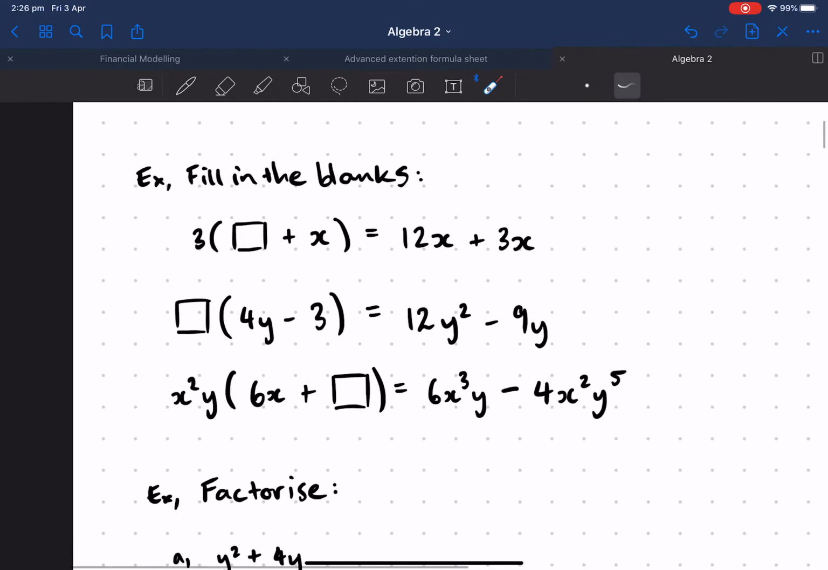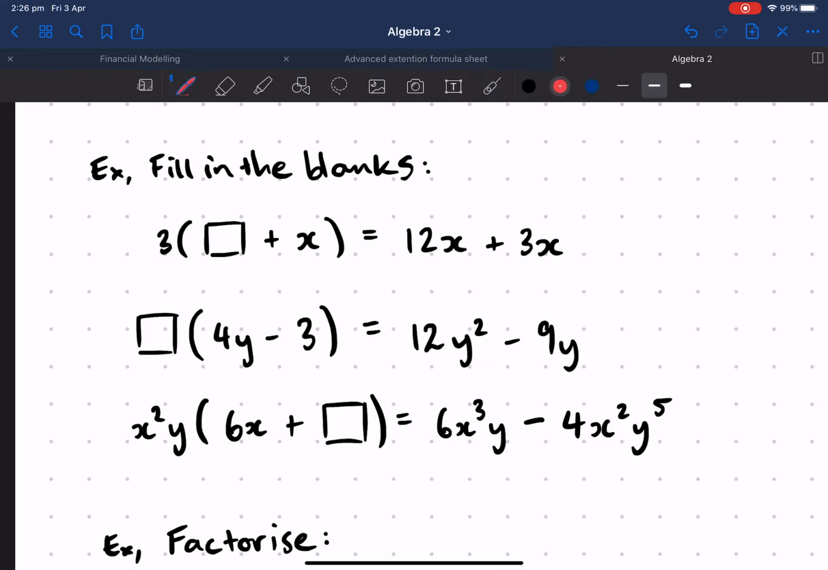Okay, so here are some more examples. Again, you might like to pause this and have a go on your own. We are going to be filling in the blanks. So what number or letter or combination of number and letters goes into these empty spaces to make these equations work. So I'm saying here, 3 times something is going to give me